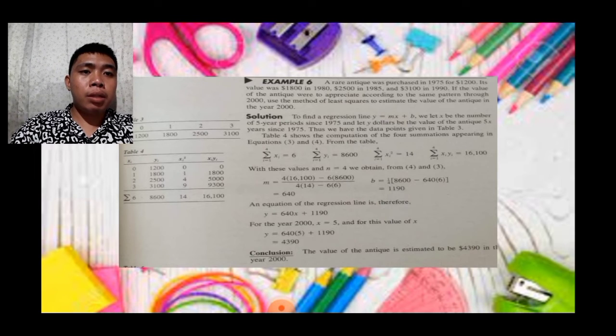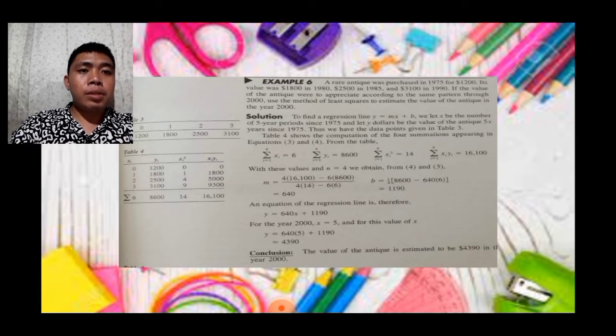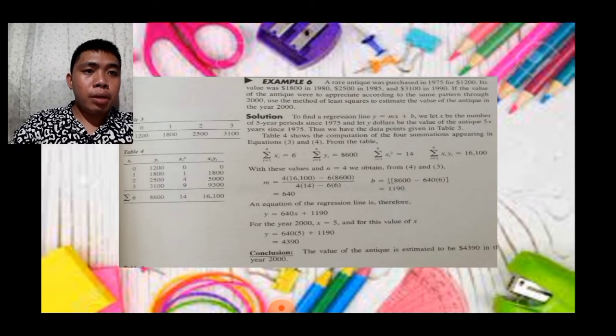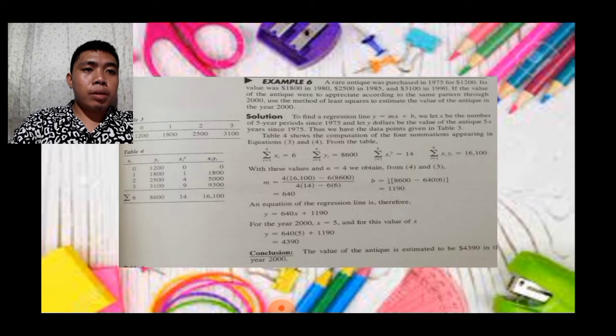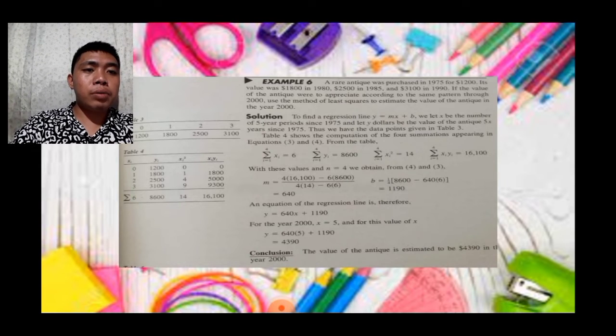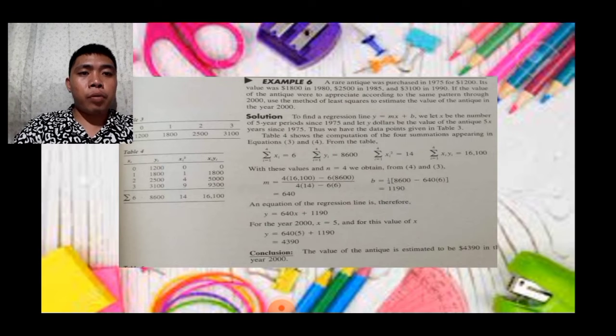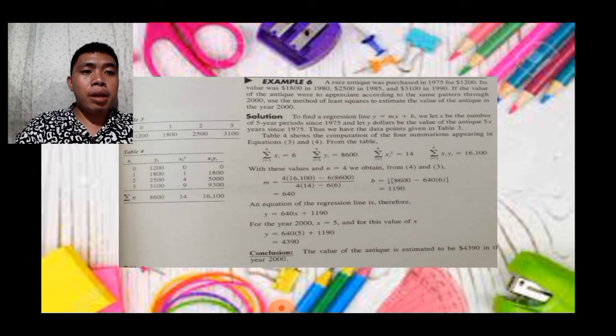4 times 16,100 minus 6 times 8,600 over 4 times 14 minus 6 times 6 is equal to 640. And b is equal to 1/4 times [8,600 minus 640 times 6] is equal to 1,190. And the equation of the regression line is